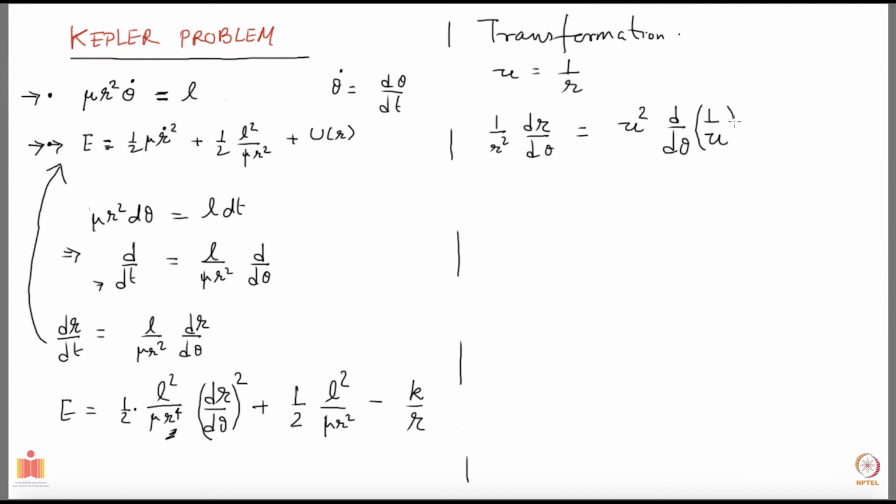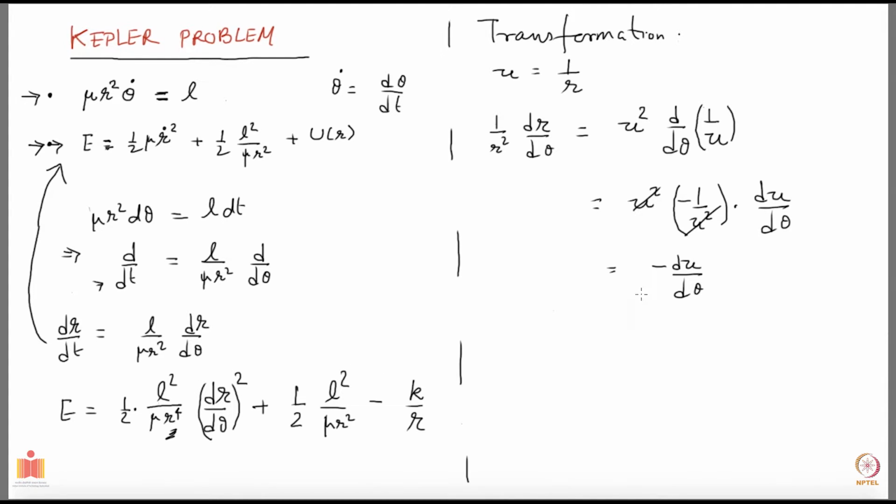Okay, now if I do the derivative, I will get u squared is there anyway. It will give me minus 1 over u squared times du over d theta, and these u squared cancel and leave behind minus du over d theta. That's very nice, because now this entire thing will not have any u squared multiplying the derivative pieces.